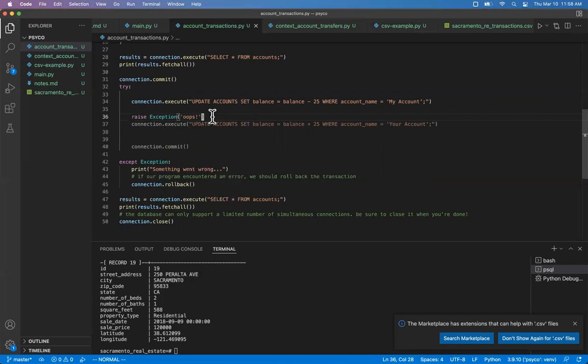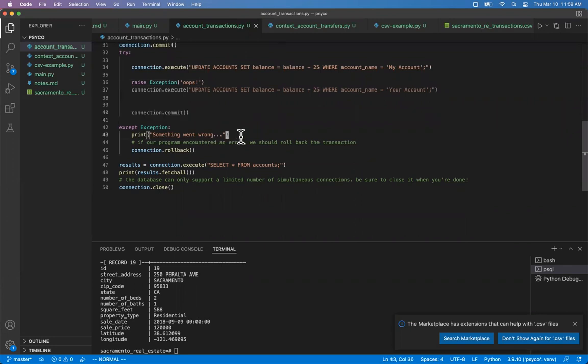They try to insert a string into a number column, or they're missing required data, or negative account balance when it has to be positive. So something would throw an error here, which would prevent the rest of this try block from finishing. So we don't get to commit. And then instead we go to this except block,